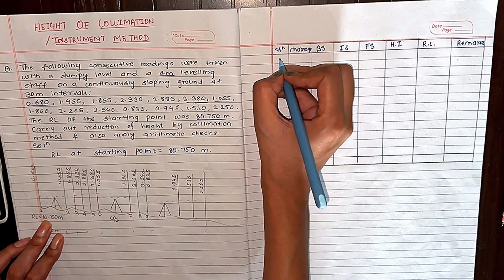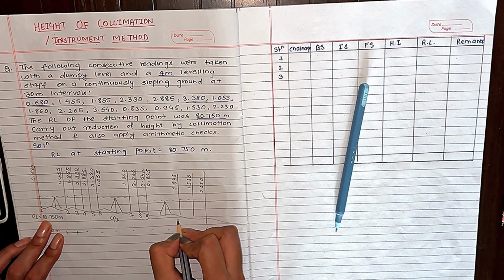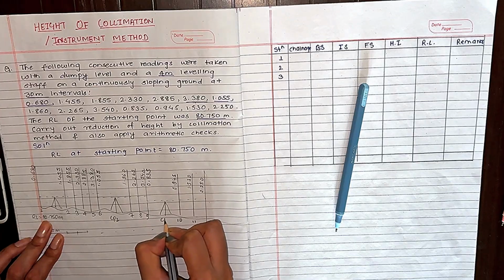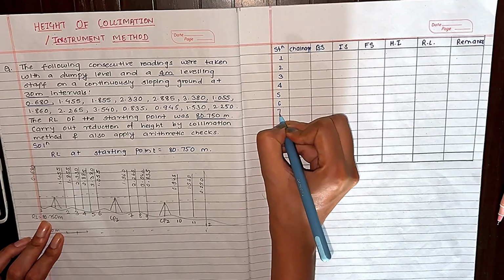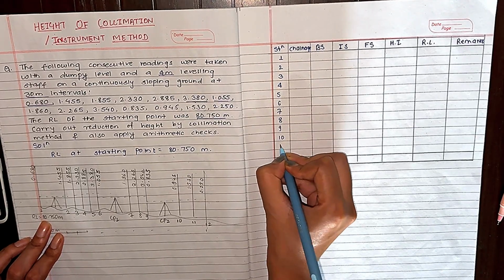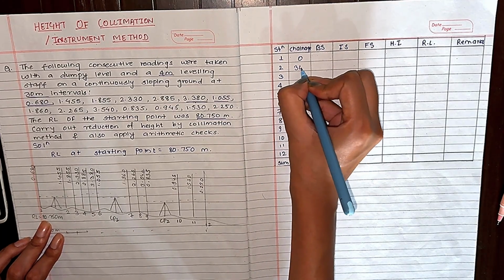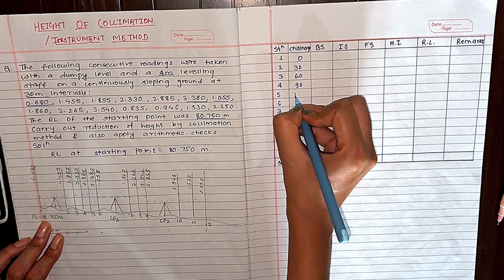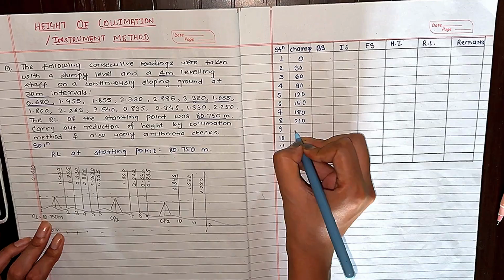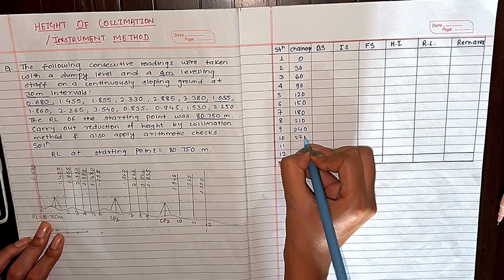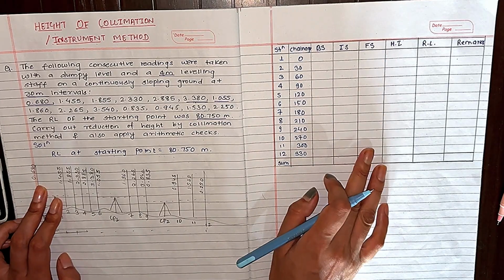So the stations are here 1, 2, 3, 4, 5, 6, 7, 8, 9, 10, 11 and 12. This is for sum. So the chainage here starts with 0, 30, 60, 90, 120, 150, 180, 210, 240, 270, 300 and 330. The first reading here is a backside which is